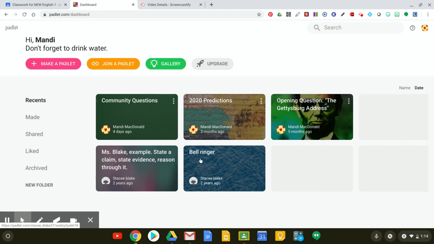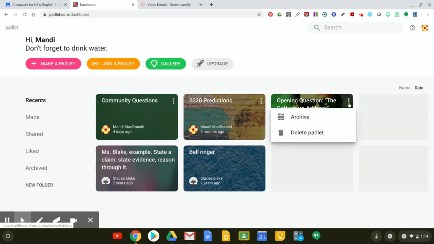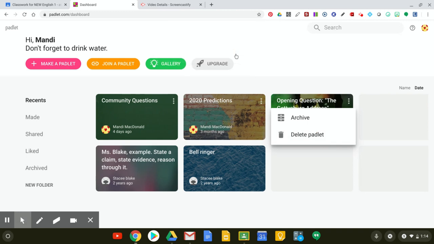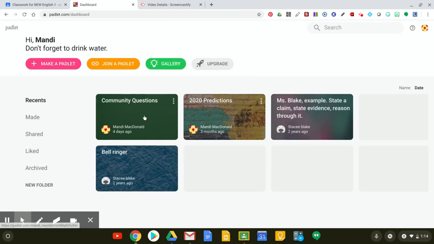So this says that I have 5, but you'll see that 2 of them were shared with me from when I had a student teacher. Currently, I'm going to have to delete one of these. I'm probably going to delete this one so that I can create a new one and show you all how that works. This one is the one that I currently have on my Google Classroom,